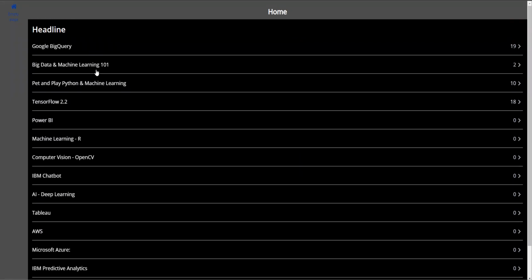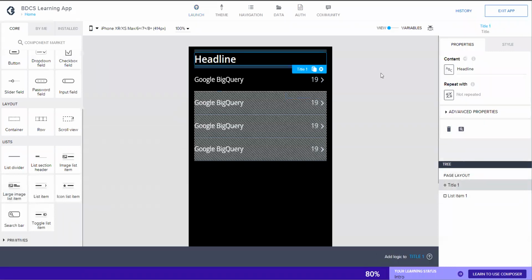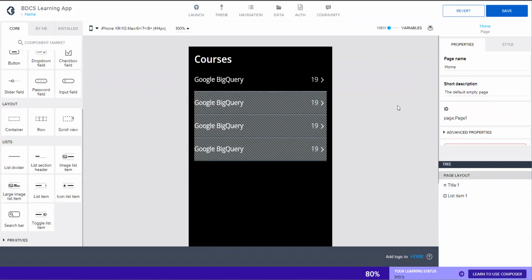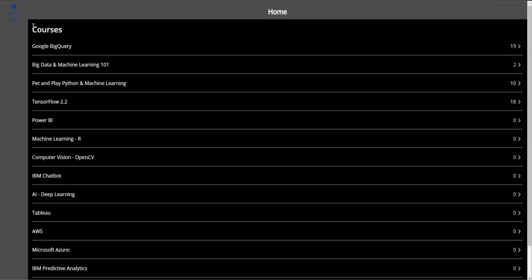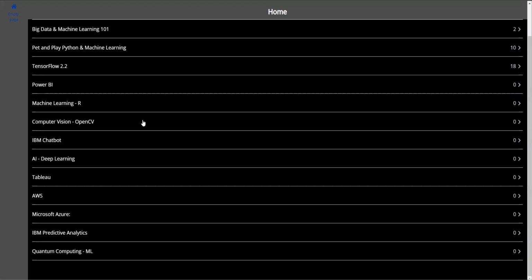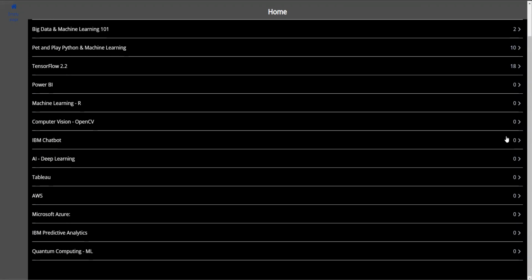I'm going to show you later, but this is, I don't want to see headline. I want to see the courses. So I'm going to go here, close this, and then click on headline and see courses. So courses, click on save. You go back to the view and see courses. You see an empty page here. We are going to do a little bit of modifications, but now you see. If you click on this, nothing will happen, obviously, but we'll talk about this later.